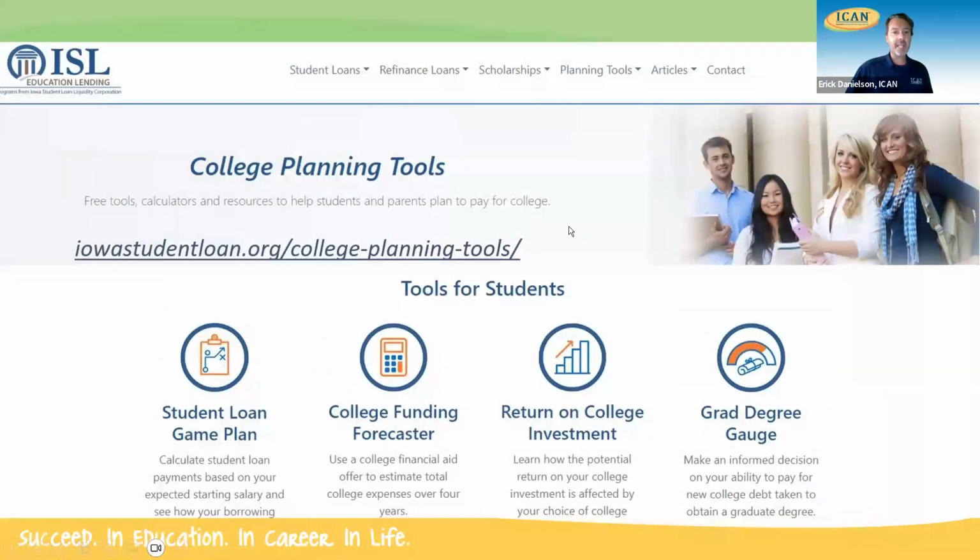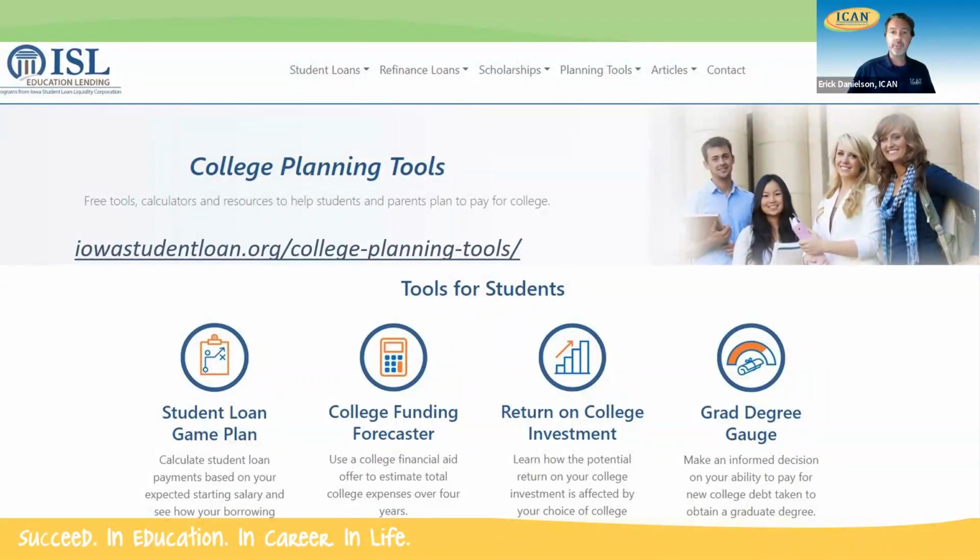ISL Education Lending has some great college planning tools at their website, iowastudentloan.org/college-planning-tools. There's a student loan game plan to help calculate student loan payments based on the expected starting salary, but also a college funding forecaster that will help you estimate your total expenses over 4 years. So plugging in numbers, based on an algorithm that they have, gives you an idea of what it's going